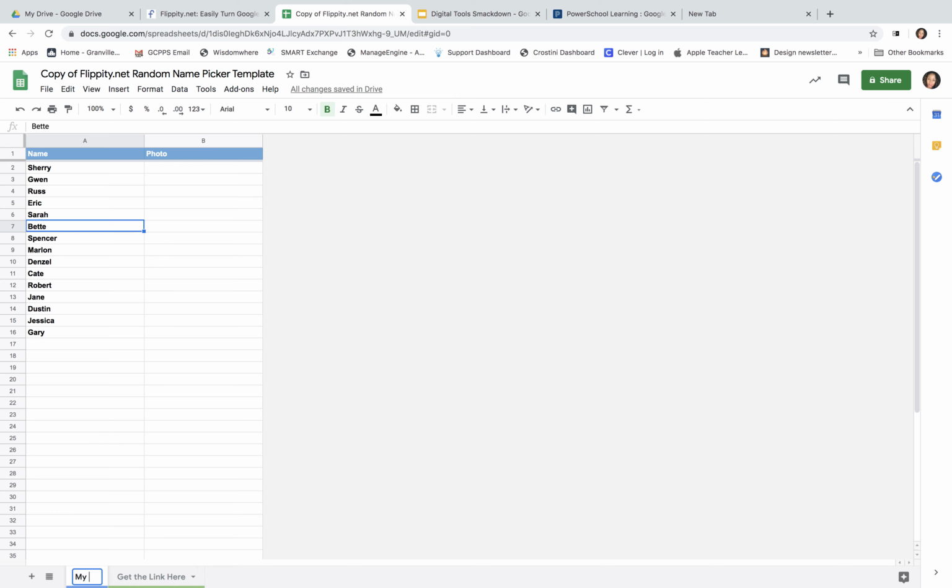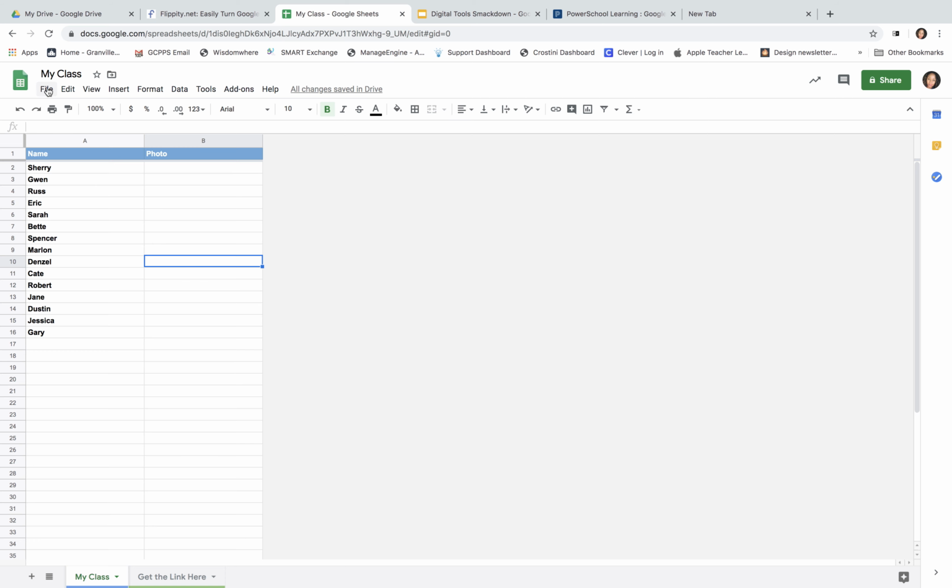So you can rename it here. Also, I want you to remember that you can rename this at the top also. So if you wanted to name this something differently so you can find it easier later, you could do that here and you can name it whatever you want to name it. All right, so we've copied the template, we've changed the name of the worksheet, and the next thing that we're